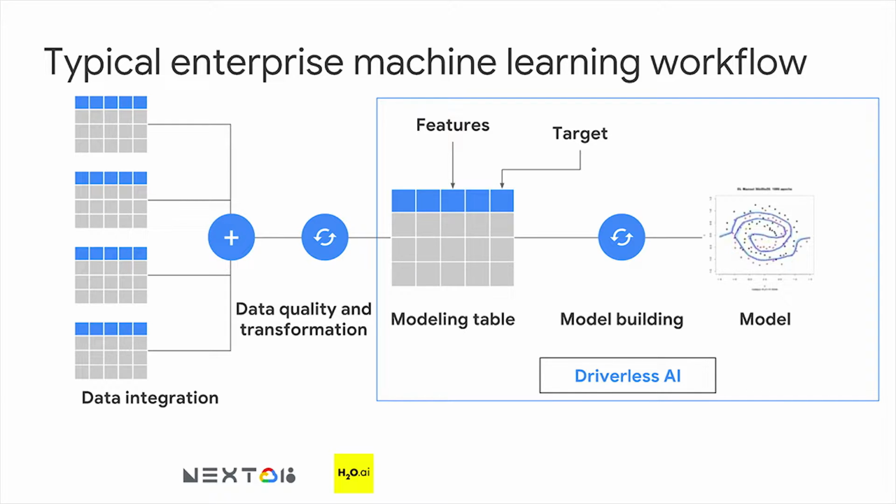We do all the feature engineering for you. We'll do the one-hot encoding. We'll do the target encoding. We'll do dimensionality reduction for you. We'll find the right interaction elements, and all of those things automatically for you, depending on the type of the data set and the type of problem you're solving. All you need to do as a user is specify what you're trying to predict, and we'll take care of it from that point on.